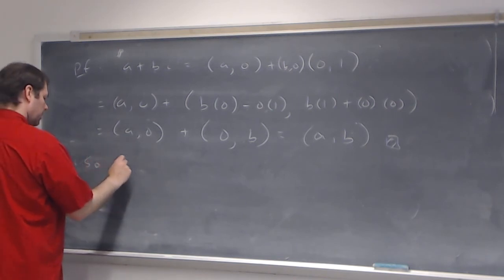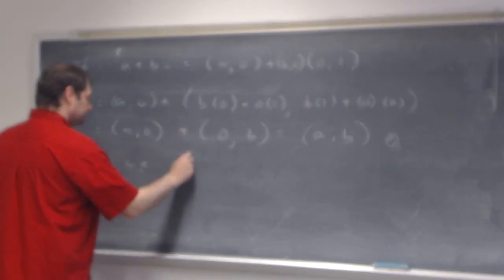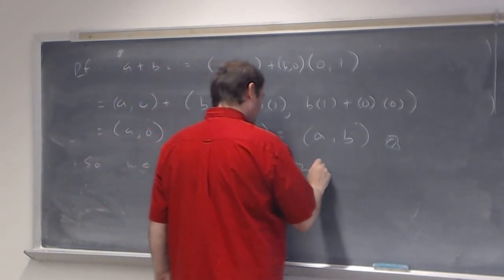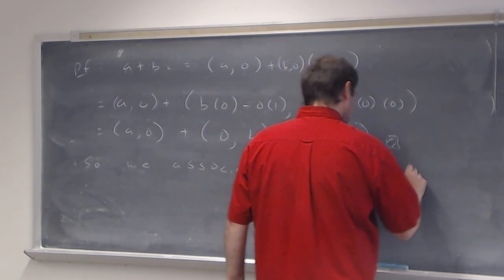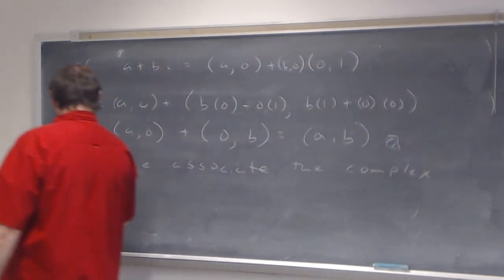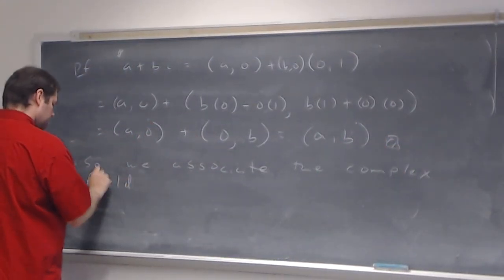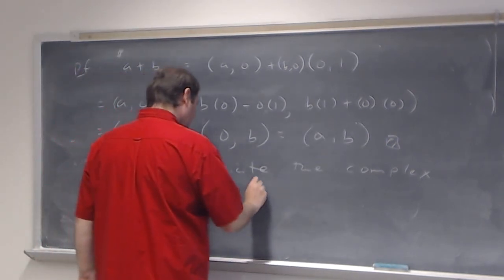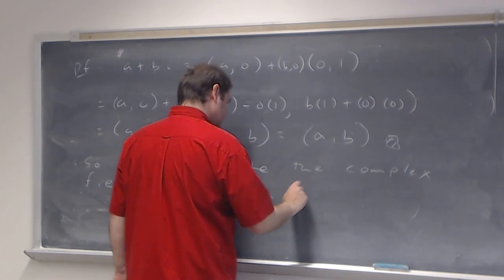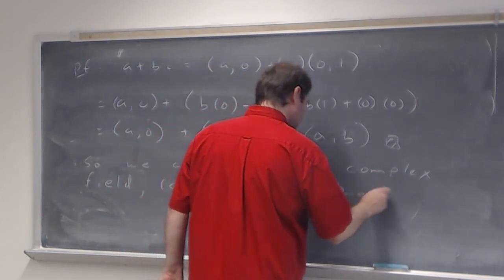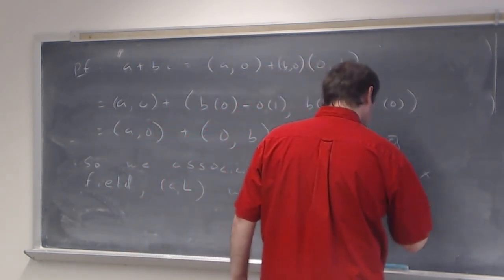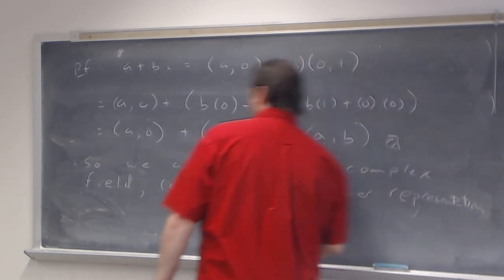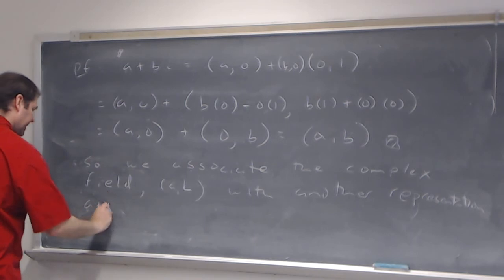So we associate the complex number, complex field, A, B, with another representation that is the A plus BI,